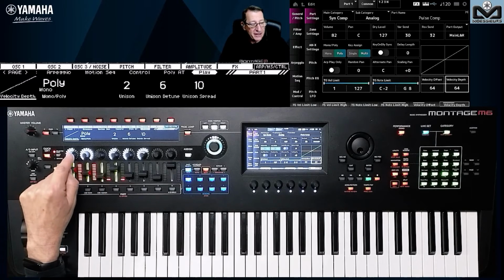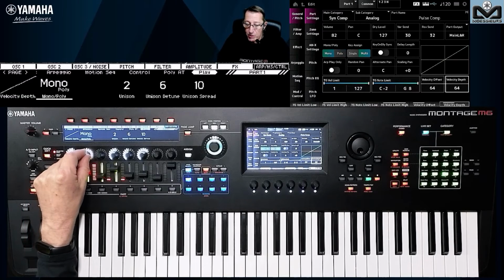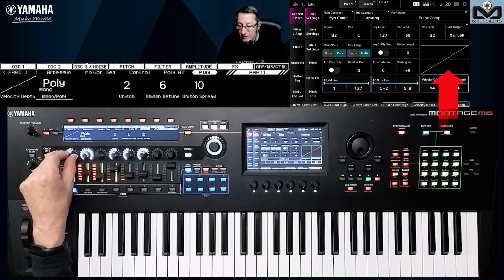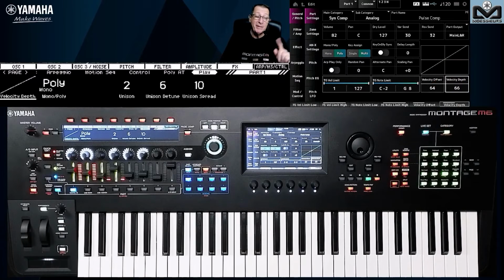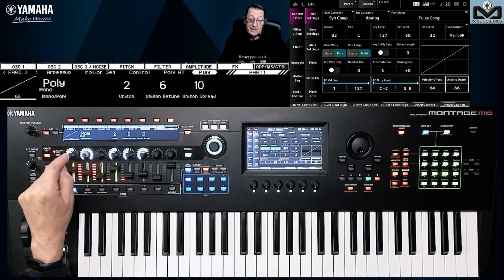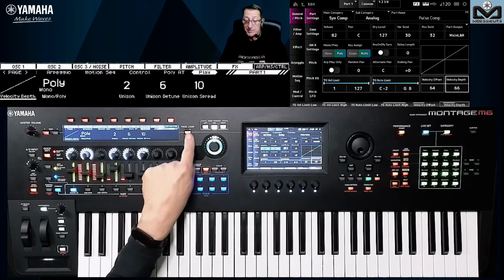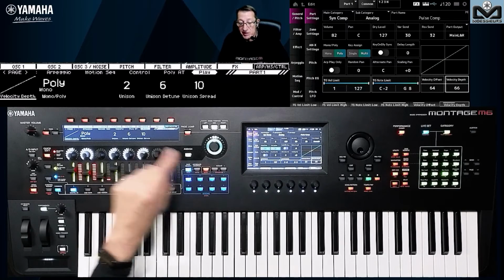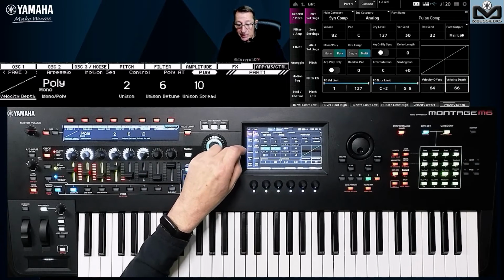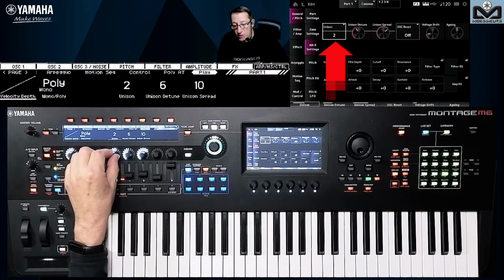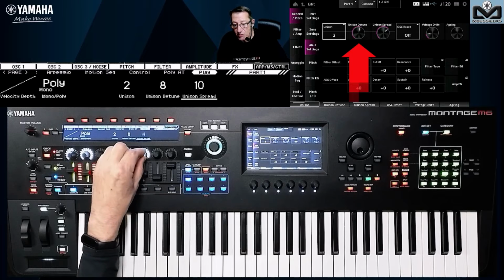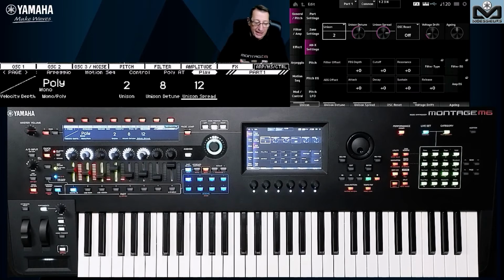The first settings are the velocity depth and the mono poly here, and the velocity depth you see on the screen, curve moving. That's because the first one is from this page, that when you press page jump, you go on this page. To see the unison, you just need to go to ANX settings, like that, very quick. And now you can see that I can manage my unison like that. Okay? Just a quick piece of information. Do not be surprised about that.